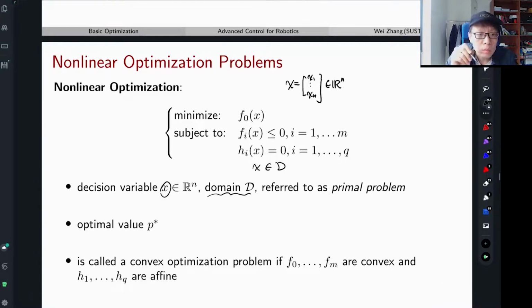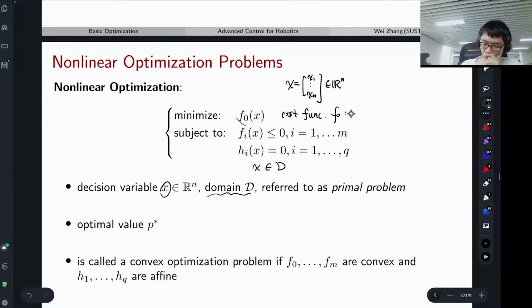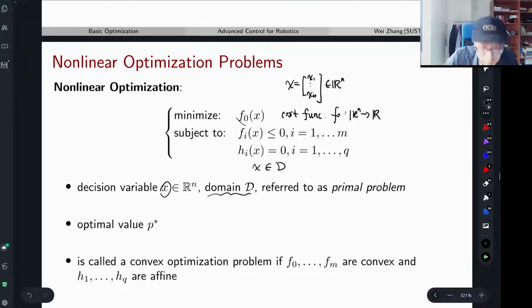We want to find x which minimizes this particular function. F0 is called a cost function, which maps from Rn to R. The cost function has to be mapping vectors or decision variables to the scalar. We don't consider vector valued function optimization, which is multi-objective optimization. We don't consider that. So it only maps decision variable to a real scalar, which indicates how good or bad